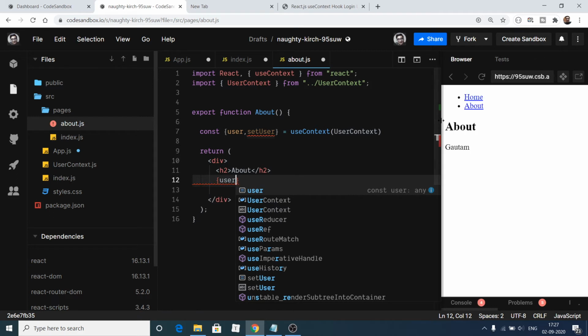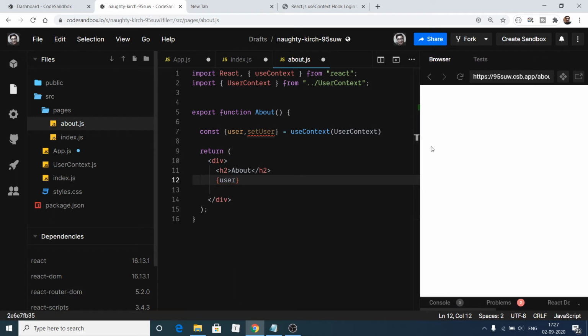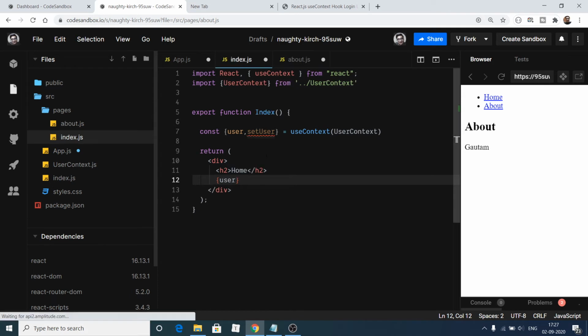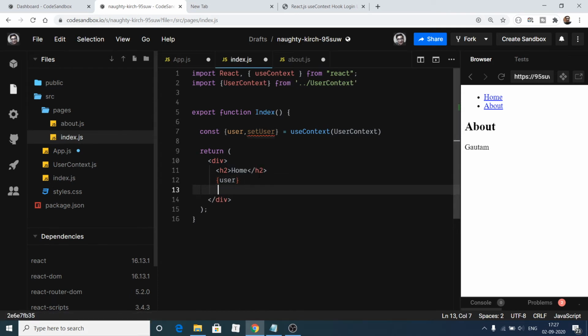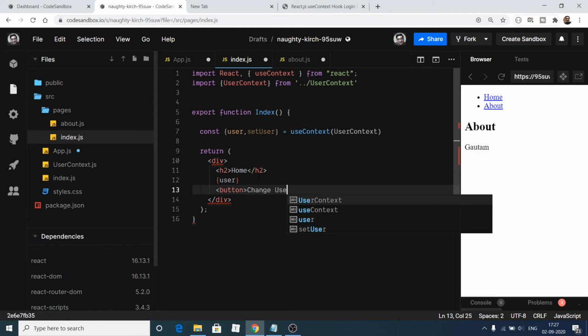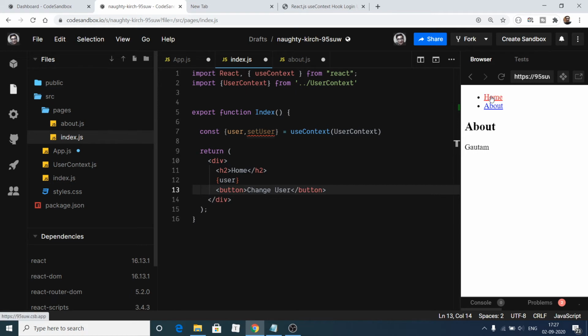So you will see inside our components this Gotham value will be populated in both the components here, you can see that. Now we can add a simple button to change this value. So inside our index component here, after this we can add a simple button. So the label will be simply change user, and we can attach, if I open the home route you will see this button, and here we can add an on click listener here.